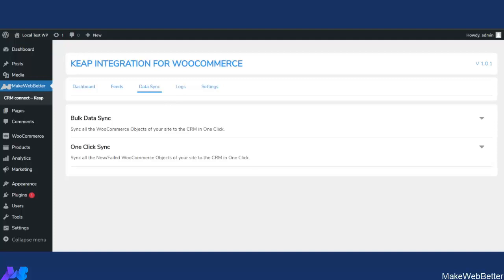One thing you have to keep in mind: if you have a small amount of data and you click on sync now while you are doing the setup of the plugin, all the data will be synced. But in case you have a huge amount of data, only products data will be synced. So it is mandatory to perform the bulk data sync so that all your data related to product, customers, and sales order can be synced. Now let's move to the next tab, that is logs.